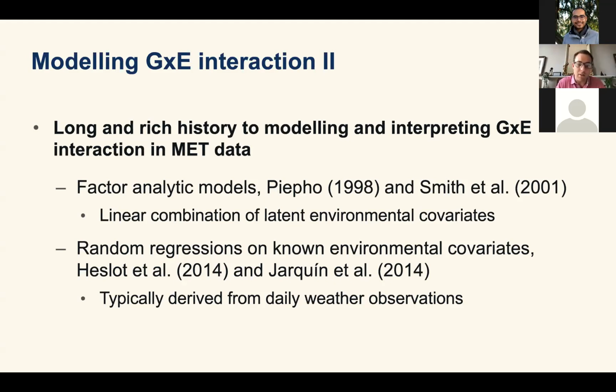Then obviously in the realm of genomic selection, we've got the random regressions, or at least you don't actually need genomic selection for random regressions, but the random regressions on known environmental covariates. I've got two examples here, and there are a couple of others prior to that that are also pretty good. These typically involve stress covariates, which they collate using daily weather observations. That's really enabled plant breeders to get a better gauge on forward predictions, unobserved environments, all this sort of stuff. They can make tangible decisions based on covariates that they can interpret.